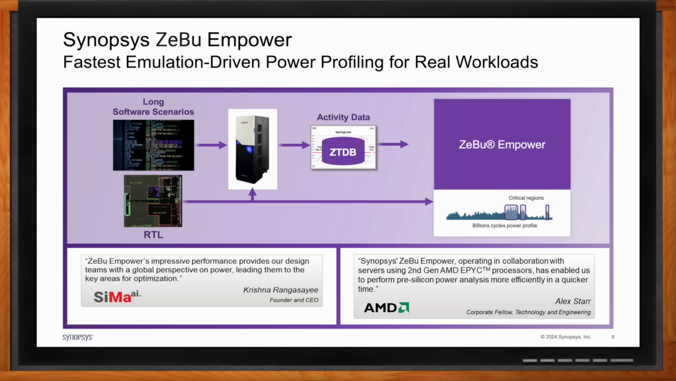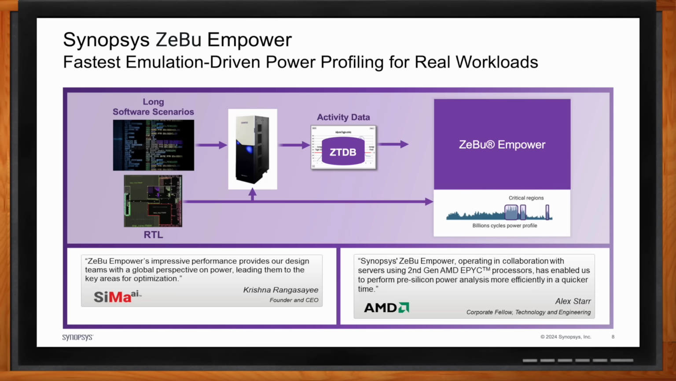This activity database represents that workload. So it's the activity associated with a specific software workload running on your RTL description of the hardware. And then that workload gets to be an input to ZeBu Empower. ZeBu Empower also takes as input the same RTL source as you are emulating. You provide constraints, you provide synthesis libraries, and ZeBu Empower is able to give you a power profile potentially over